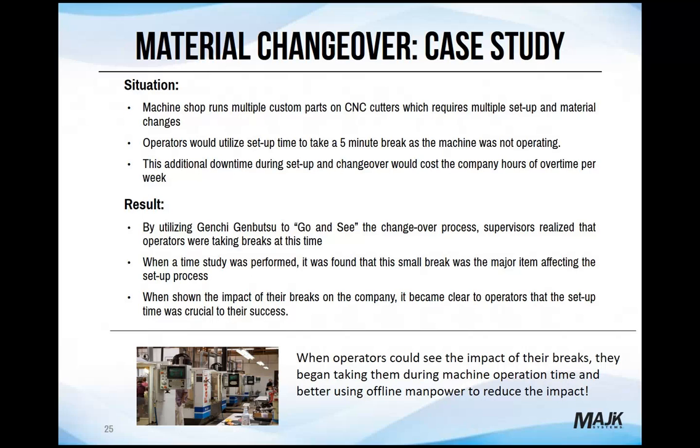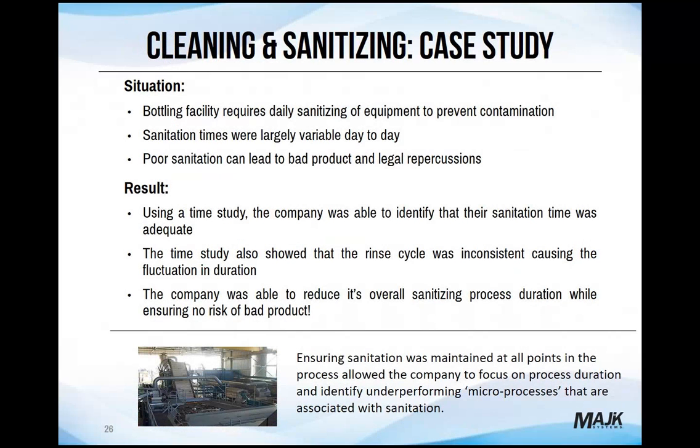And one final case study, we're referring to the bottling industry and cleaning and sanitizing. So in the food industry in general, there's always daily sanitizing of equipment to prevent contamination. However, with the company we were looking at, these times were largely variable day to day. The risk is that poor sanitation can lead to either a bad product or legal repercussions in the worst case scenarios. So as a result, the team members and the supervisors went to the line and did a time study